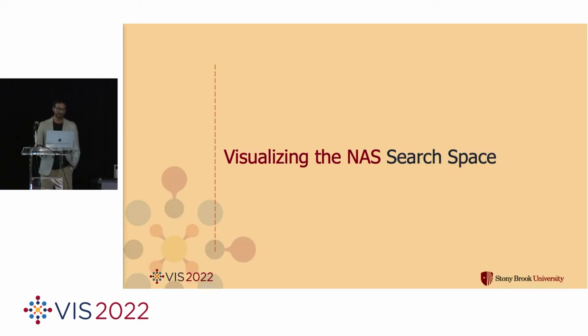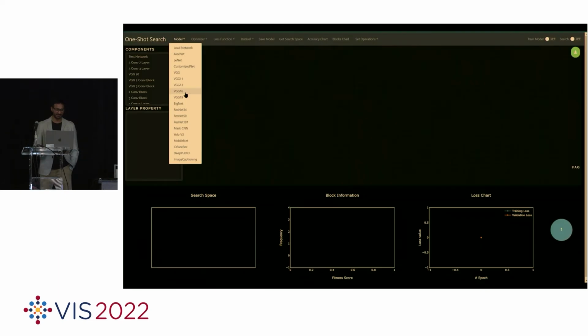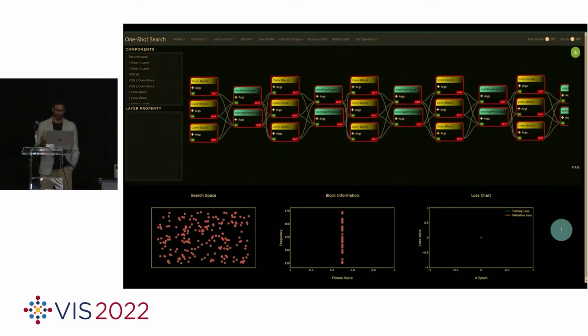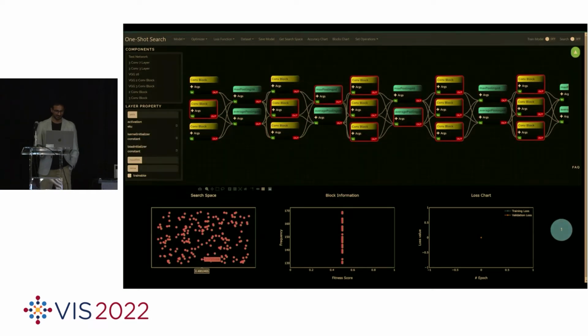Now we talk about visualizing the NAS search space with NAS Navigator. So the user can choose any of the template networks of these supernets, the oversized networks we have provided in the interface. You can load any of these templates. We have templates for ResNets, VGG, and all these different famous convolutional networks. After loading,